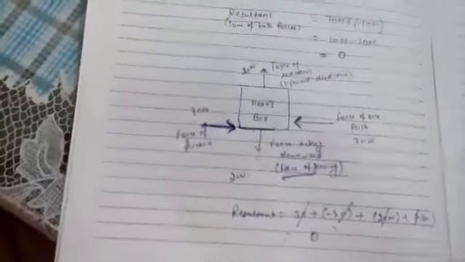But see one more example in the book. In a tug of war, if both teams are applying the same amount of force, this side also the same amount of force. Suppose this side 60 Newton, this side also 60 Newton. So these both 60 and 60 will cancel each other. So these are also balanced forces.